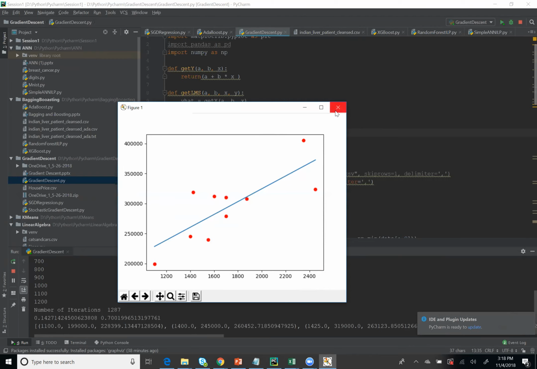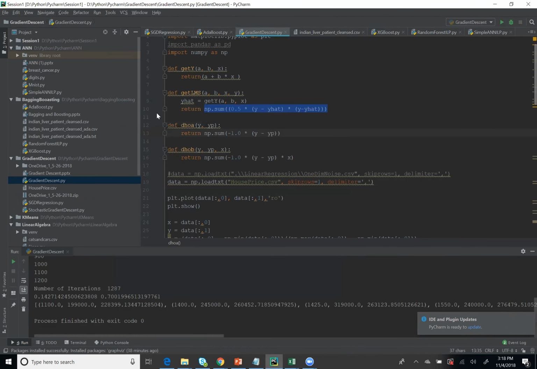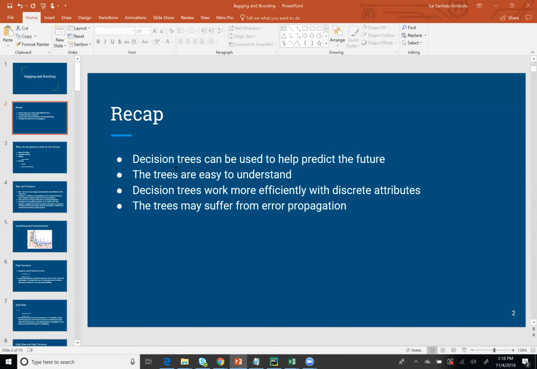To get that regression line, we used gradient descent optimization for the values a and b, which define the slope and intercept of the line. Having said that, let us go into the class. We have seen that decision trees can also